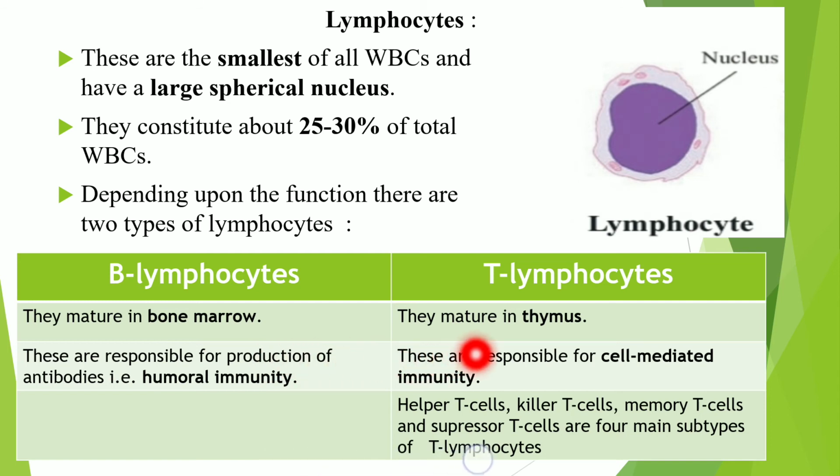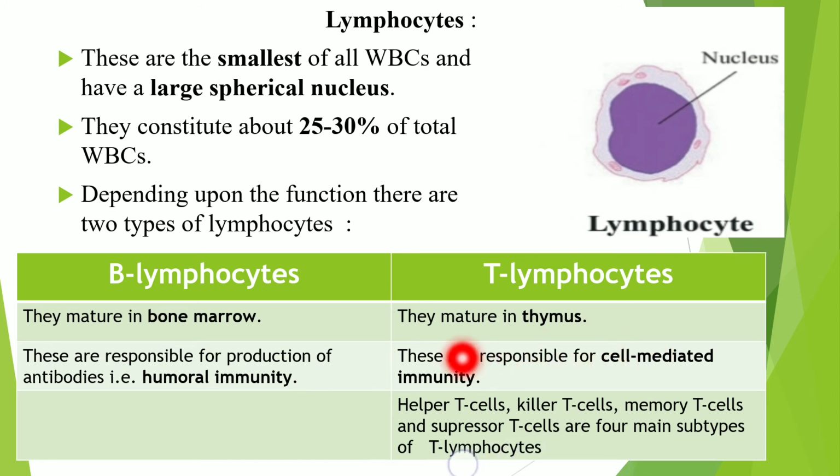Then T lymphocytes are responsible for cell mediated immunity. So B lymphocytes can produce the proteins which we call antibodies, which is also called humoral immunity. But T lymphocytes directly take part in the immunity, hence it is called cell